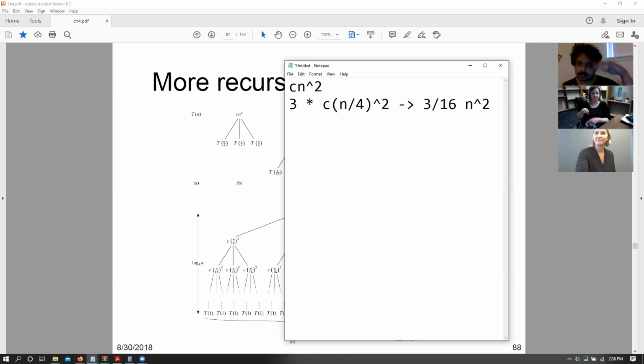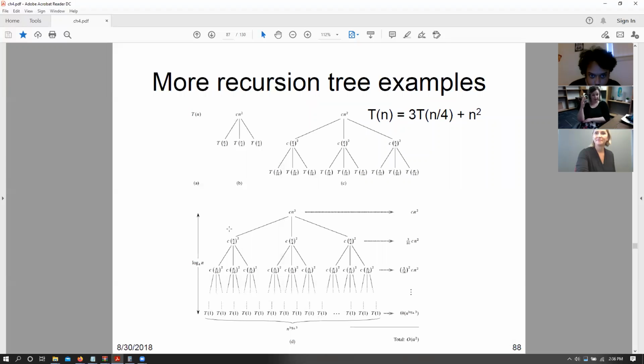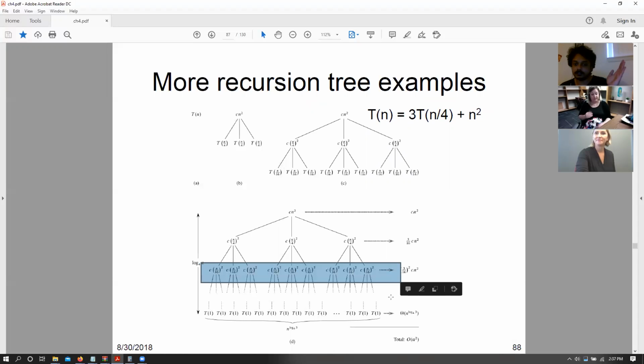Now, next time that we are again dividing this tree, we have for each of those Cn squared by 4, we have a merge complexity of C(n/16) squared, C(n/16) squared, C(n/16) squared, right? Now that becomes Cn squared by 16 squared, and we have a total of 9 of these. So that is basically